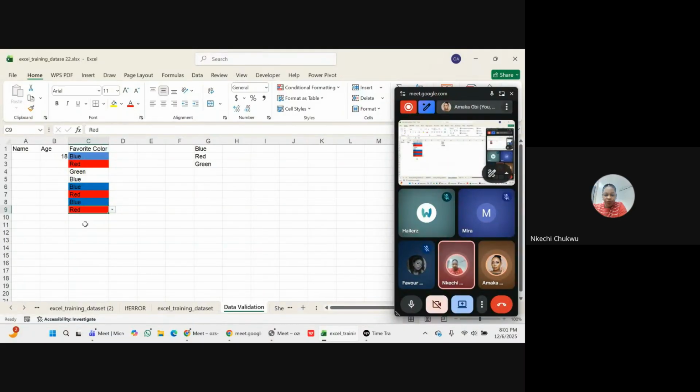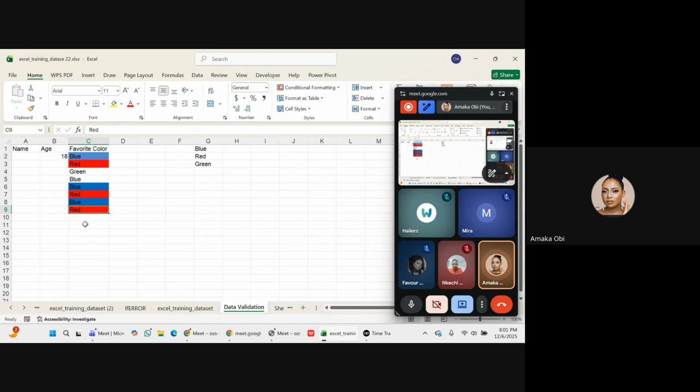Okay, so now let's move to VLOOKUP, which is one of the main things you really have to understand in this class. Now, what is VLOOKUP? Let me explain it in a simple way for you. VLOOKUP is like scrolling through a Facebook feed vertically. When you're scrolling through your Facebook feed, checking out people's messages and all of that, you're scrolling vertically. That's how VLOOKUP works. It searches down the first column of a table for a piece of information, then moves it right back to